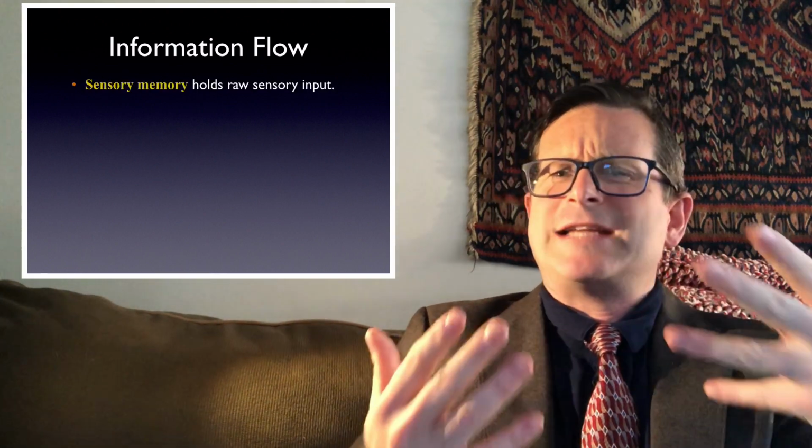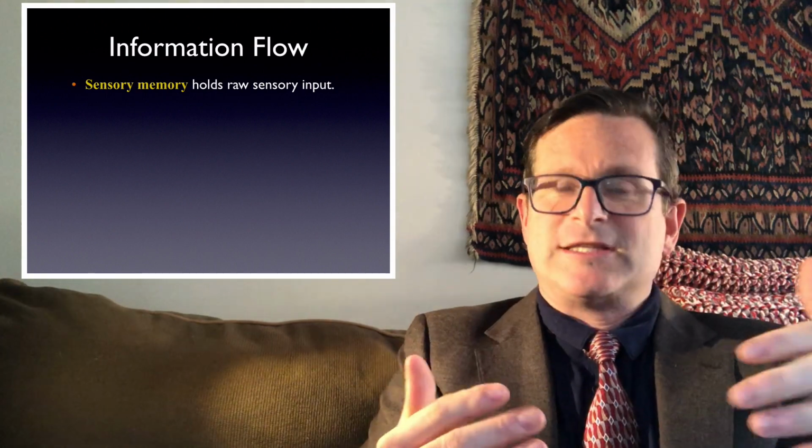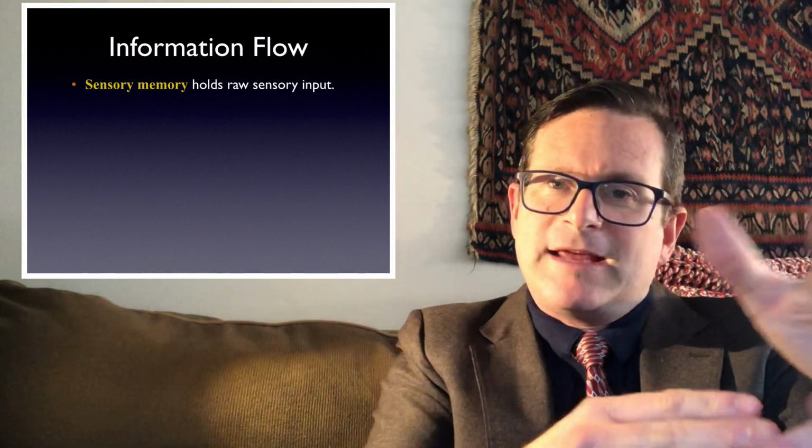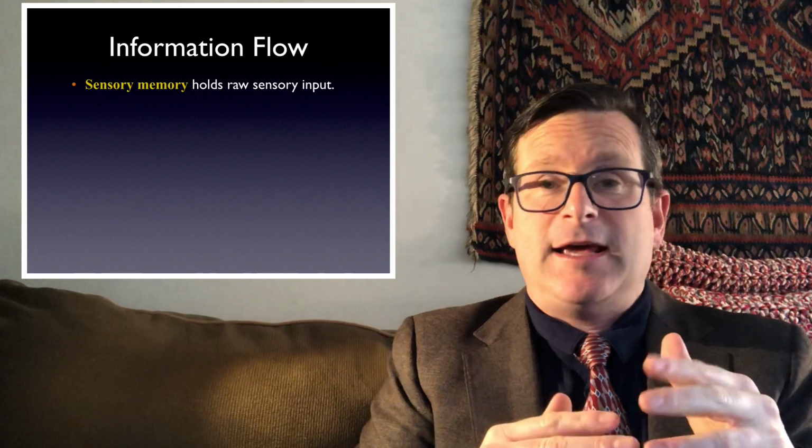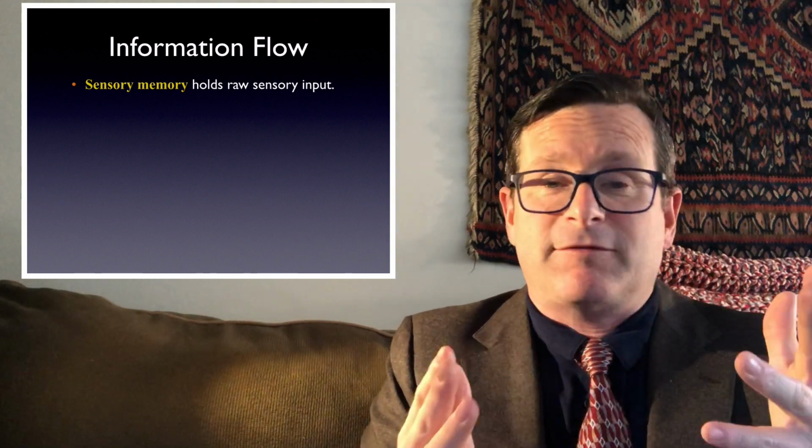Next, I want to talk about the information flow in memory. Because when you're remembering something, there are different components to the memory system that these processes have to go through. So encoding, storage, and retrieval have to go through all the different parts of the memory system if you're going to remember something. Sensory memory is basically our attentional memory. It's what we're paying attention to. It's that raw sensory input coming in from everywhere. It's relatively large. It holds lots of things.